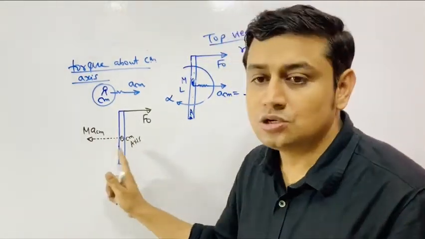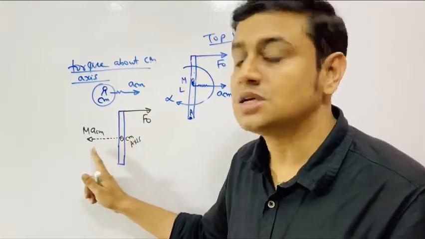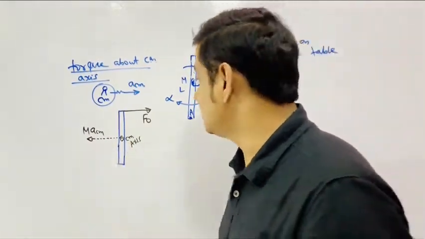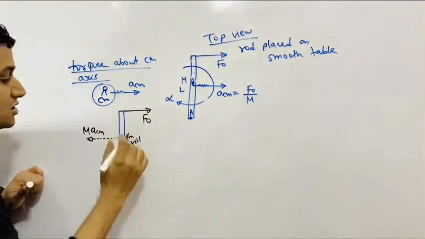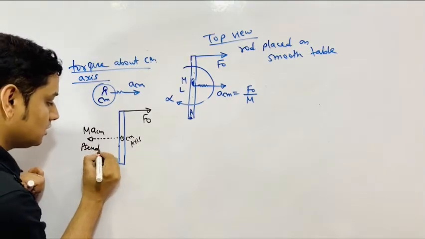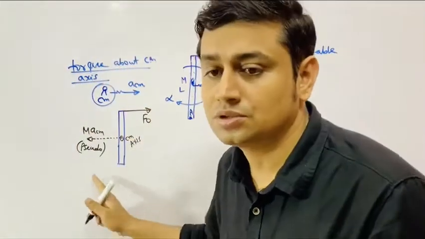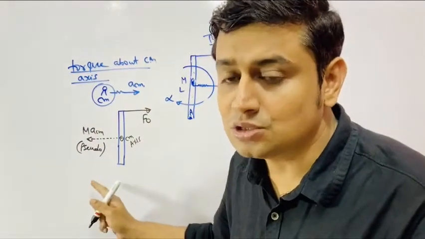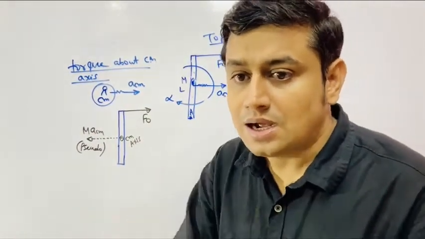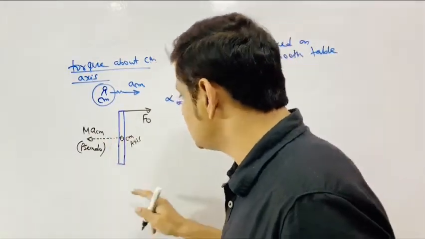Because pseudo force always passes through the center of mass. So about this center of mass axis, this pseudo force has no torque. That means you can write that the torque of this pseudo force about the center of mass axis is 0. Only about the center of mass axis; for the rest of the axes, it would give a torque. And if I take that pseudo force, I will get the same value. Answer is same, but difficulty is not same. I'll prove it.